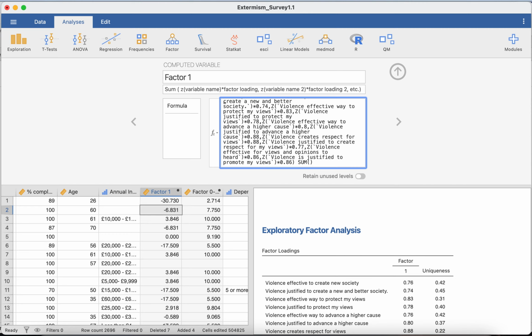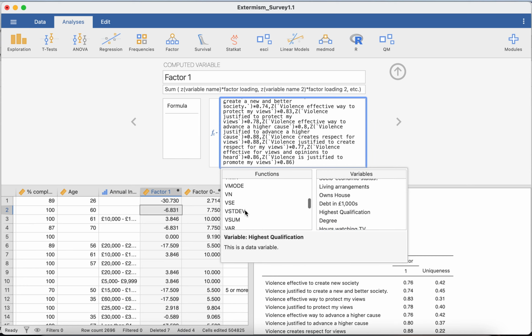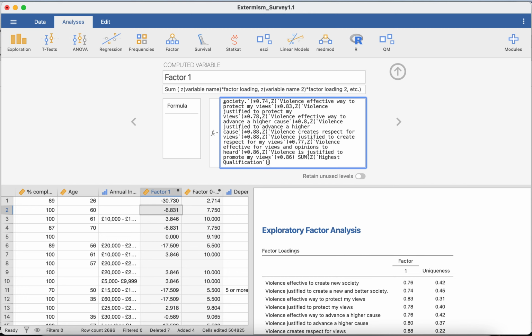Now use compute. The easiest way would be here at the end. I know these off by heart now, so sum, but if you don't, you'll go on function here, you'll find the sum function here, double click on it, then within that the first thing you need is the z-score. Here you'll put the variable name in, whatever that variable name might be,